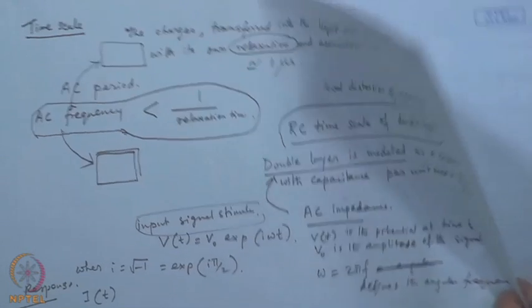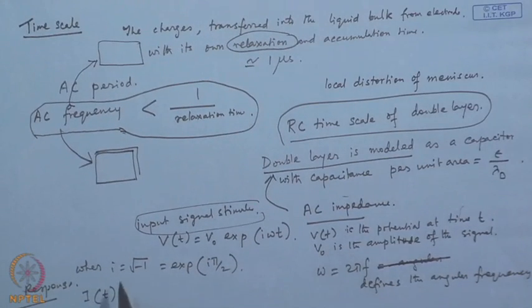There would be a response signal which is given by this quantity. So, this is the current response signal, and it is shifted by a phase difference theta. So, this would be the response current, and in that case the impedance is traditionally